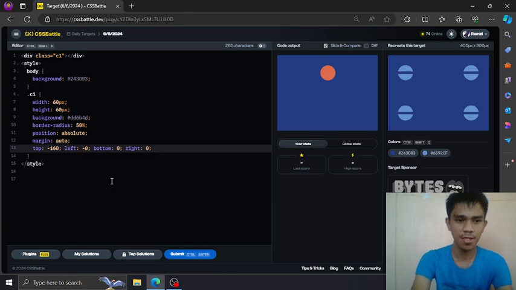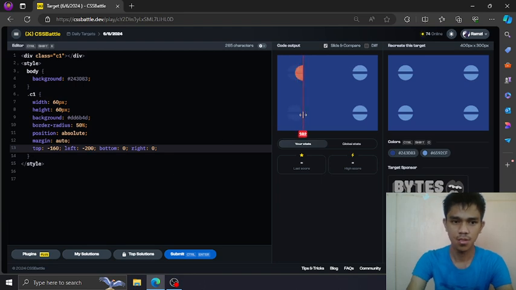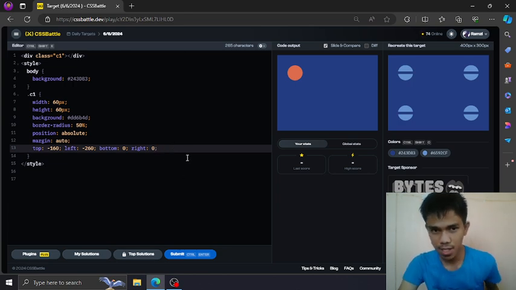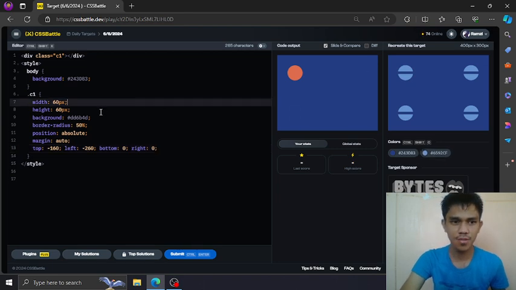So negative value also. Negative 100, 200. Okay, but enough. 240, 260. Okay, seems good to me, the position. Then let's change the color to this one.